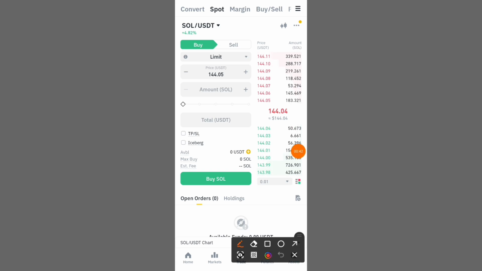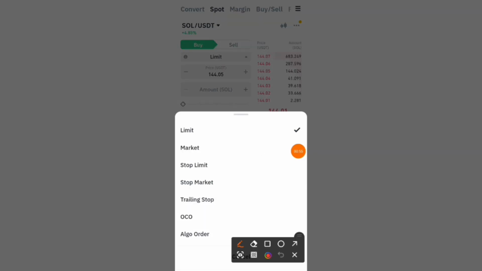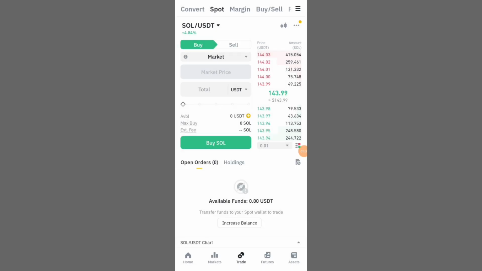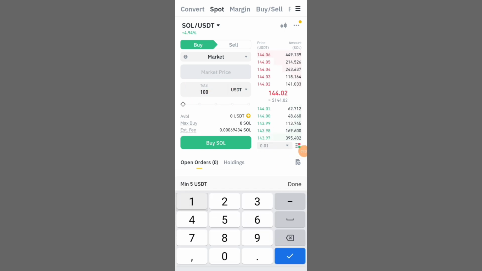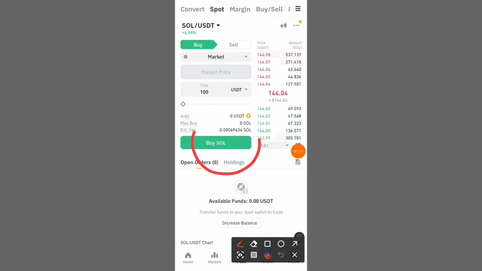First you will see what the current price is here. Then if you want to buy at that price you need to click here first. Then the market option needs to be selected. Then you need to enter the amount you want to buy here. I am putting in an example with $100 here. Then you need to click on buy. Then it will buy at the current market price,